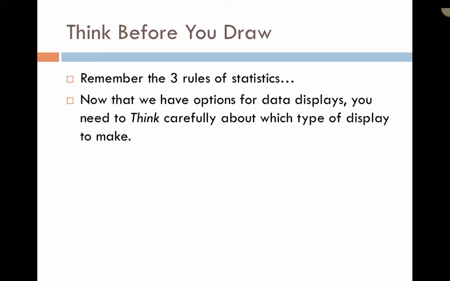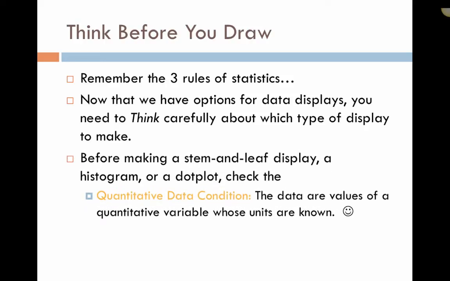We know how to make pie charts, bar graphs, segmented bar graphs, dot plots, stem and leaf plots, and histograms. That gives us 6 different displays that we could make, so we have to make sure we're using the correct one. Before we make a stem and leaf display, a histogram, or a dot plot, we have to check the